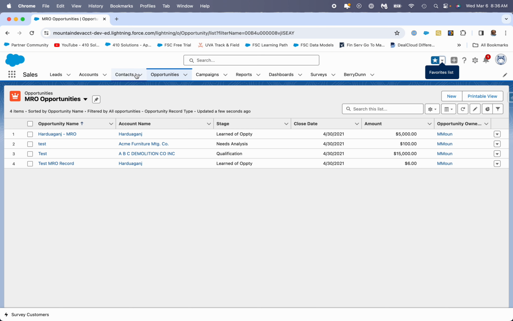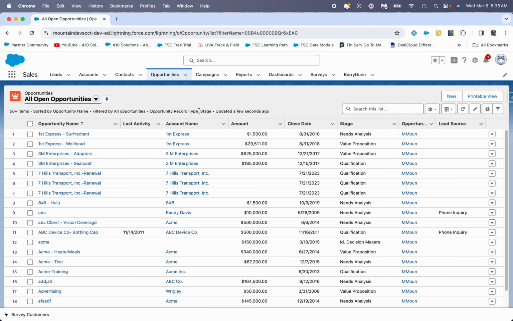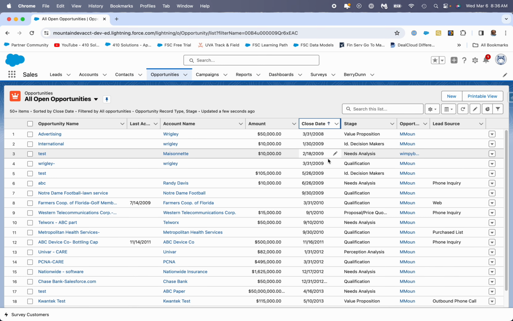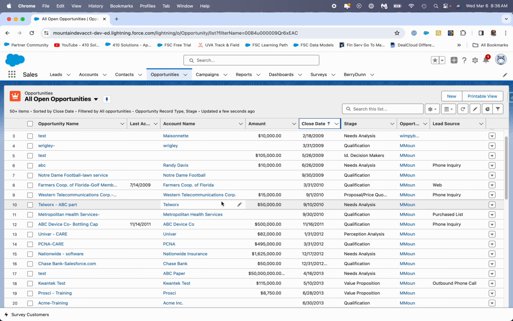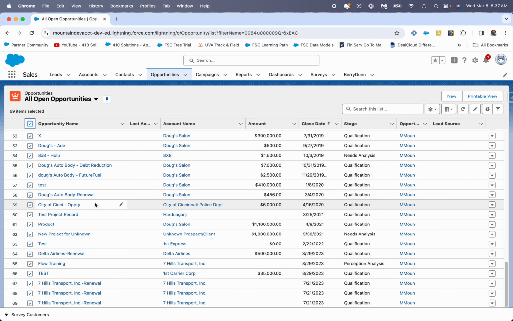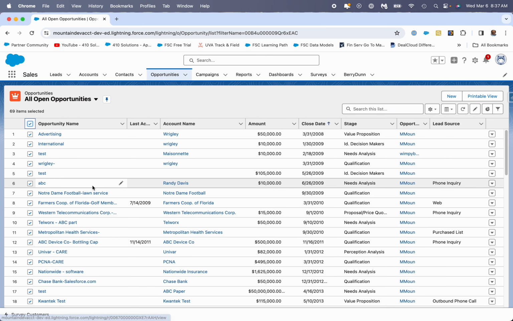So let's go back to our favorite view here. And now, as you can see, I've got some close dates in the past, okay? And I want to update some close dates. But I don't want to open each one and change the close date. That would be just terrible. So at this point, we can see that I've got a lot of opportunities. I'm going to click on these, and I've selected all 69 of them. And I want to update all close dates to today.